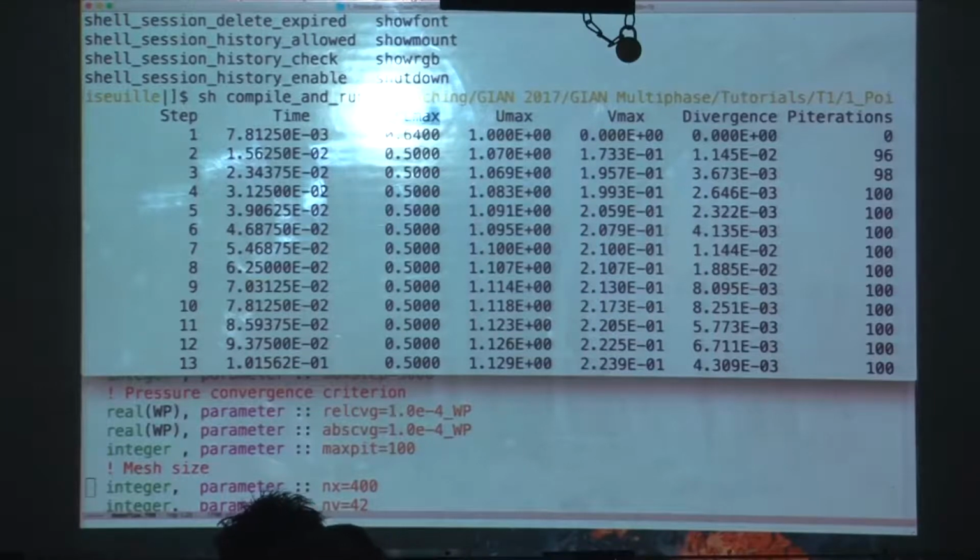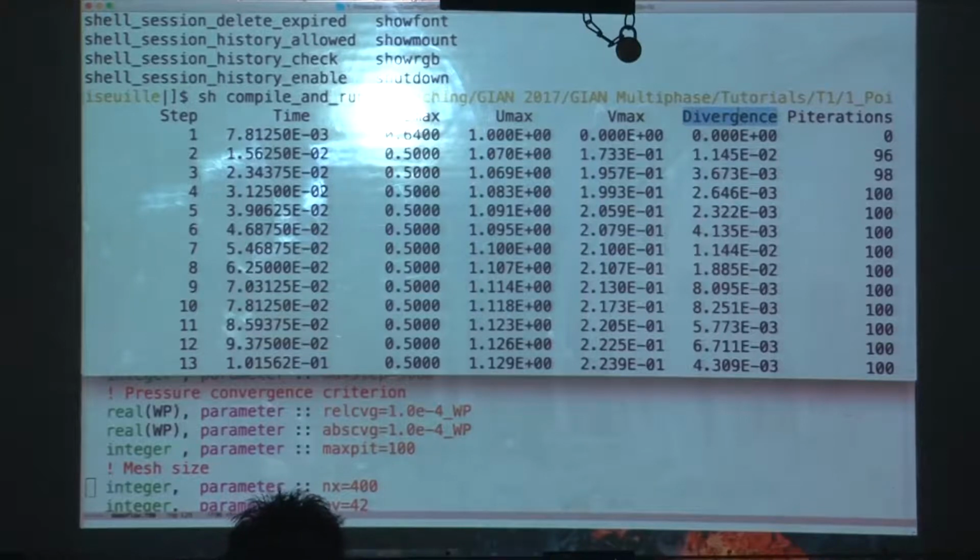As soon as this number goes close to 0.5, 0.6, 0.7, 0.8, it depends on the case. It will be case dependent. So we'll keep it reasonably low here. 0.5 works fine. The maximum u velocity in the domain, the maximum v velocity in the domain, the maximum value